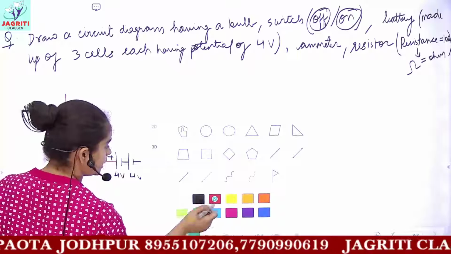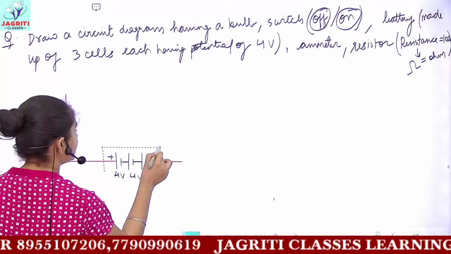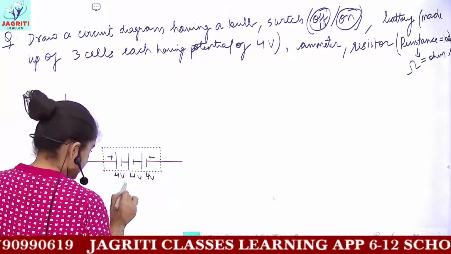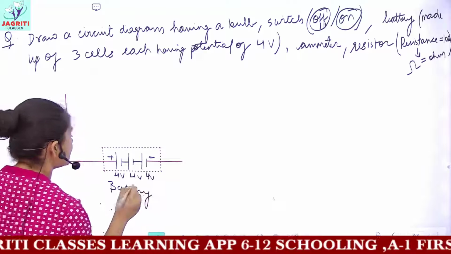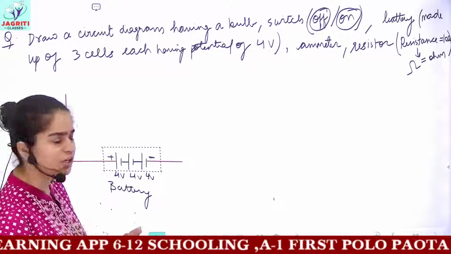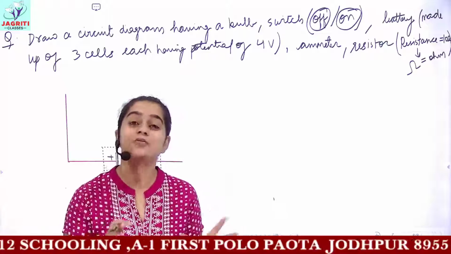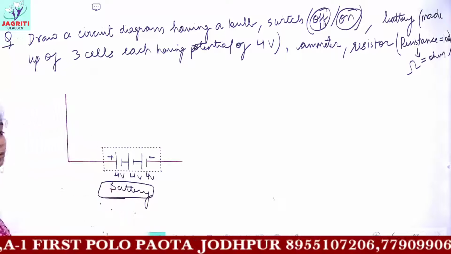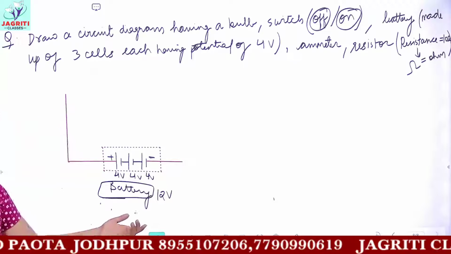So what I can do is, I can say that this is a battery which is made up of 3 cells, and the 3 cells have a potential of 4 volt. So a battery made up of 3 cells can be represented like this. And the total potential, okay, we are not dealing with the total potential now, because firstly I'll be telling you what you mean by series and parallel combination, and then we'll see how to find the effective resistance and all. Here the total potential of this battery would be what? 4 plus 4 plus 4. That would give you a total potential value of 12 volts, okay?